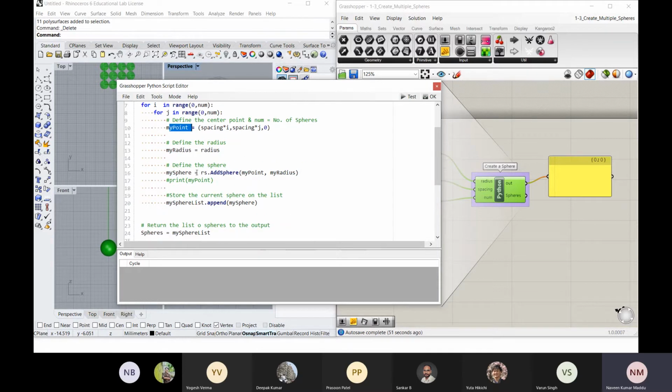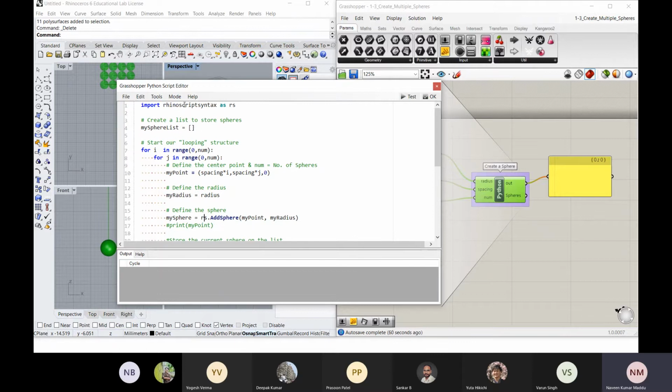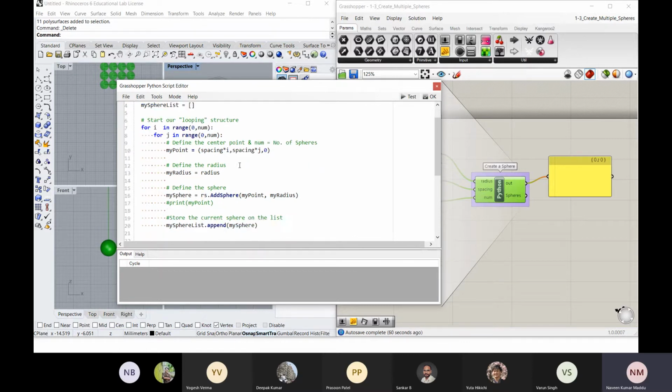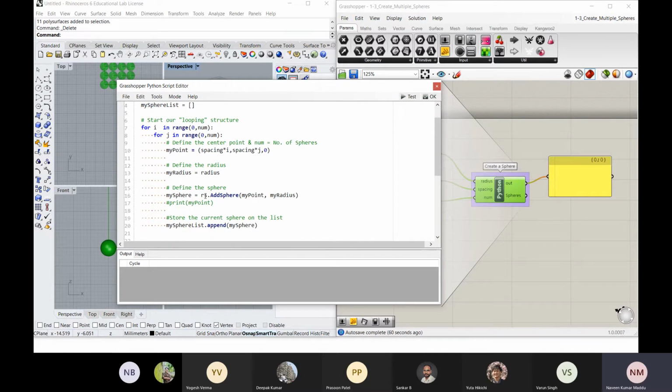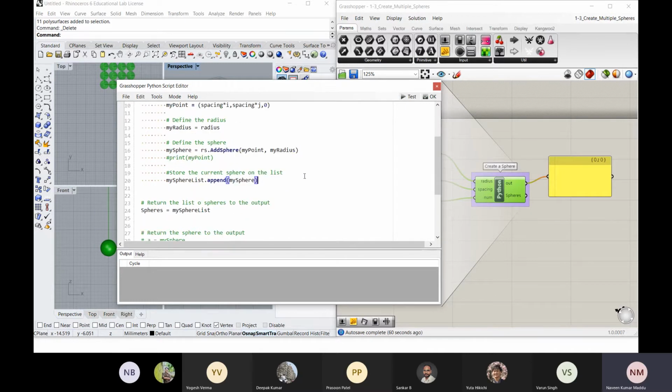Then there is this radius, the command for creating a radius at a point. So you can type rs. rs is nothing but RhinoScript syntax.